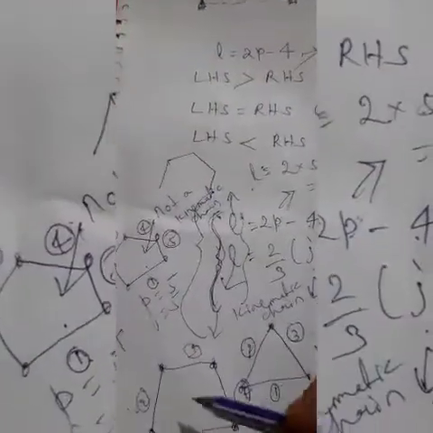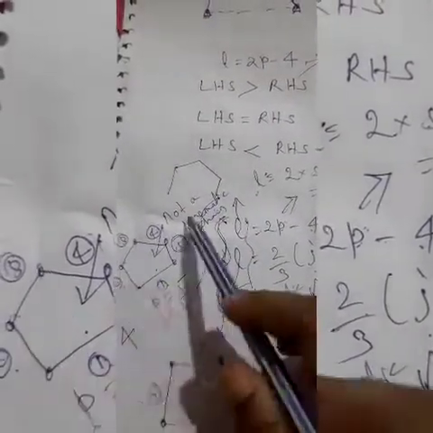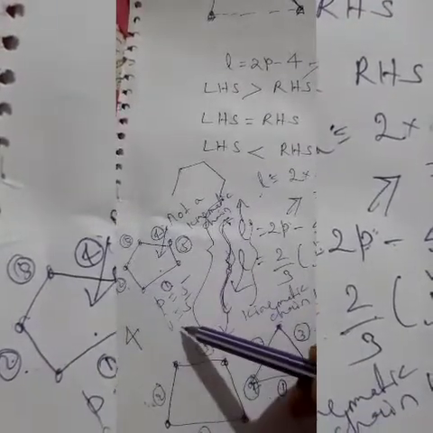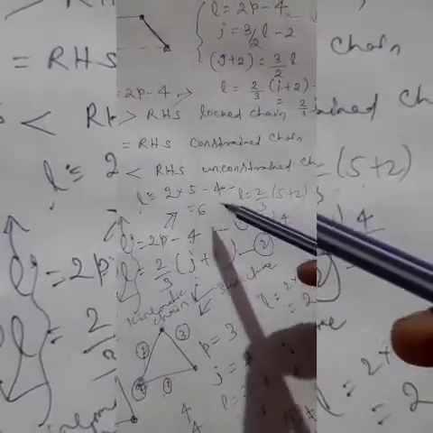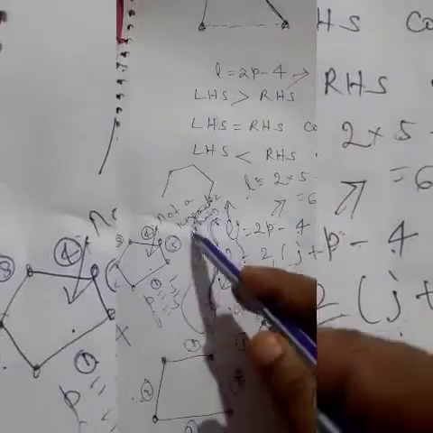Similarly, for a pentagonal structure, a pentagonal chain, here also the number of kinematic pairs is 5 and the total number of joints is 5. So this is not a kinematic chain because it also doesn't satisfy these two equations. Here you can see equation 1 answer is 6, equation 2 answer is 14 by 3. So these two are not equal, so this is also not a kinematic chain.